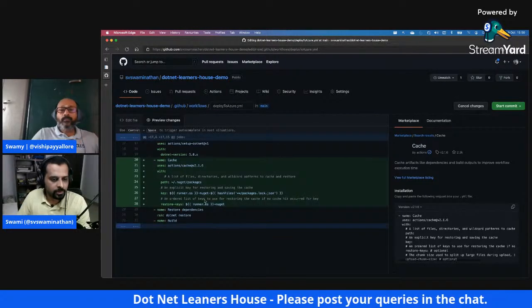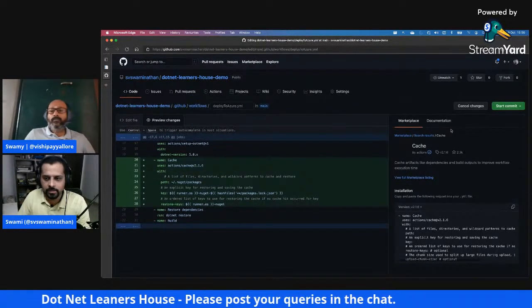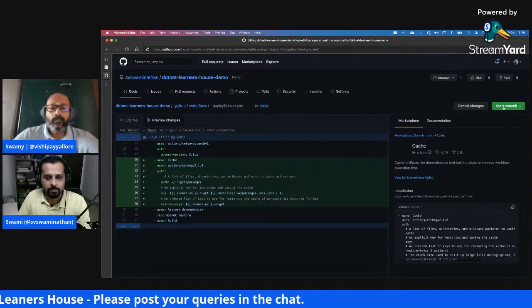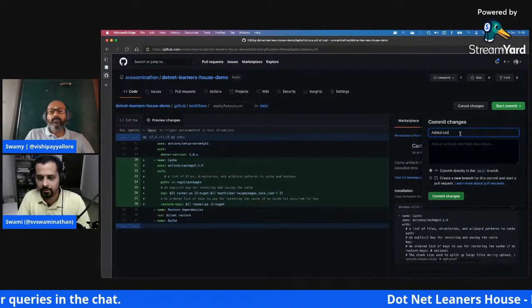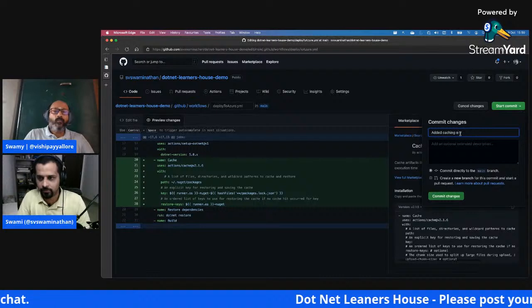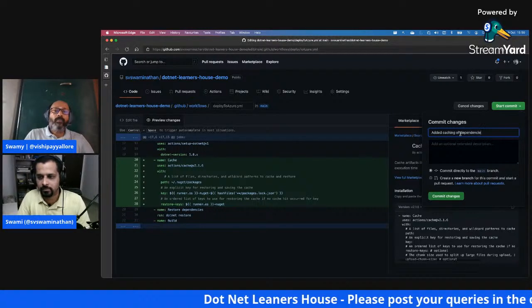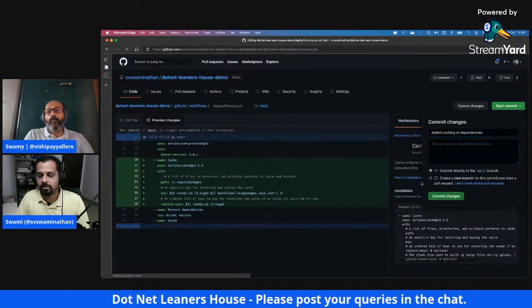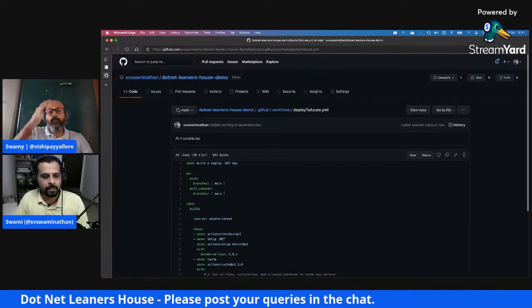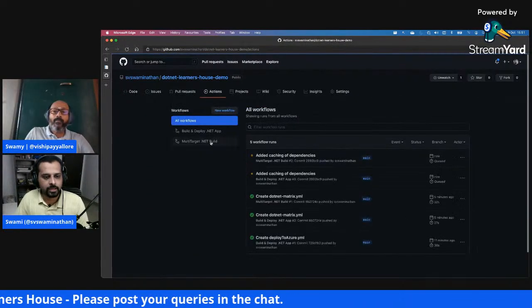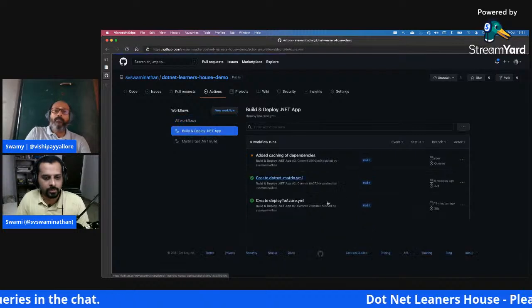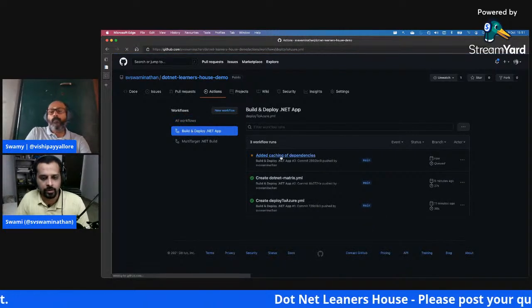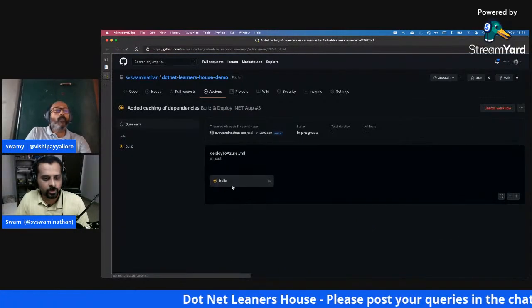And yeah, so let me do a quick preview, and then we can just start commit. Maybe I'll just say add a caching of dependencies, right? And again, if you go and see, that should have triggered both the things, because now we have both the builds set up there, both would run, and hopefully in this it should do a caching.